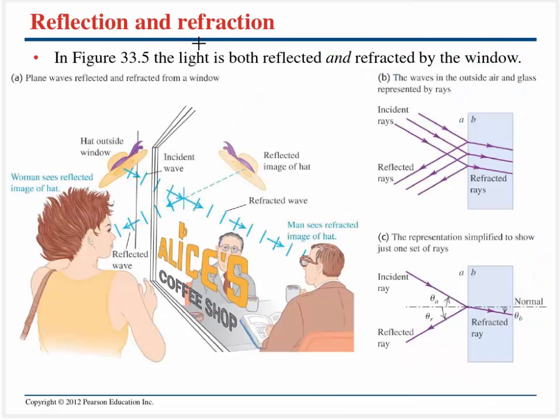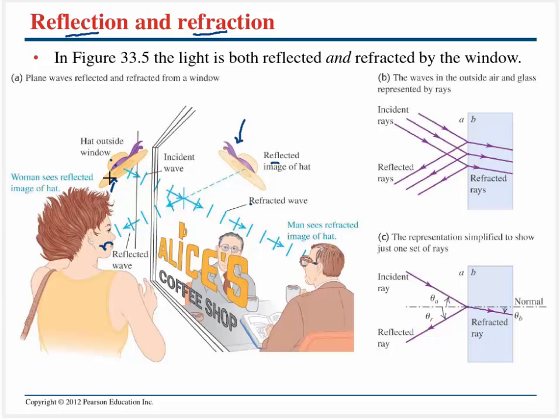So now let's use these wavefronts and rays to talk about two concepts of how electromagnetic waves can interact with matter, namely reflection and refraction. So here we have a lady whose hat just blew off, and you can kind of see her hat blowing away here. If she were to look over there, then she's going to, of course, see the hat outside of the window. However, as she looks in towards Alice's coffee shop, she's going to see an image of the hat. The gentleman on the inside, he's not going to see this reflected image of the hat. He's only going to see the hat outside of the window,